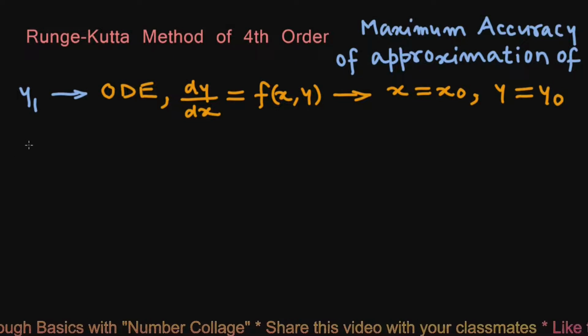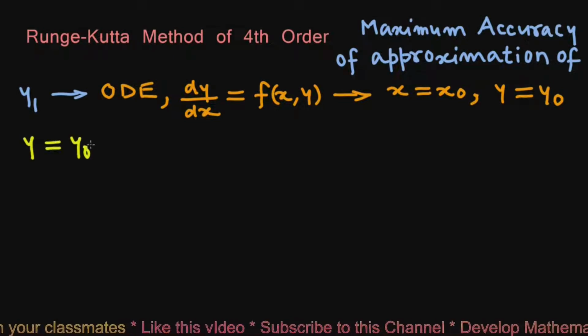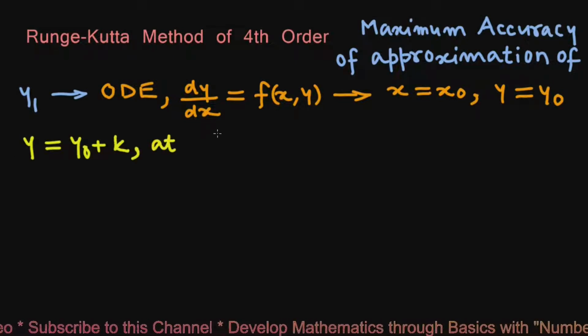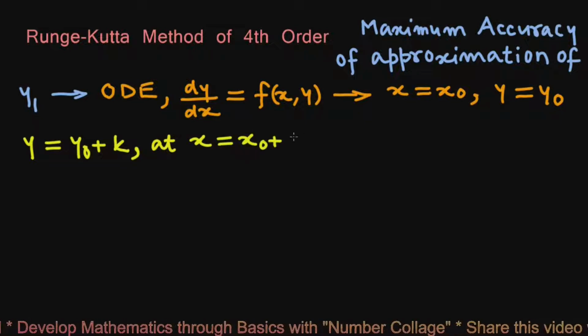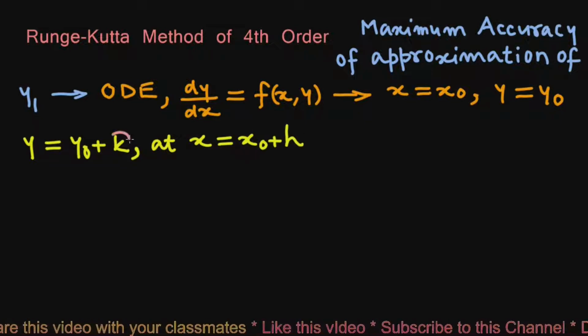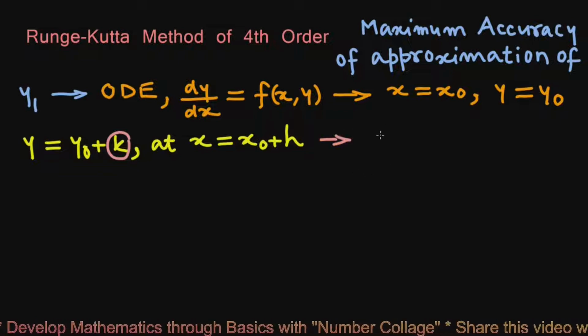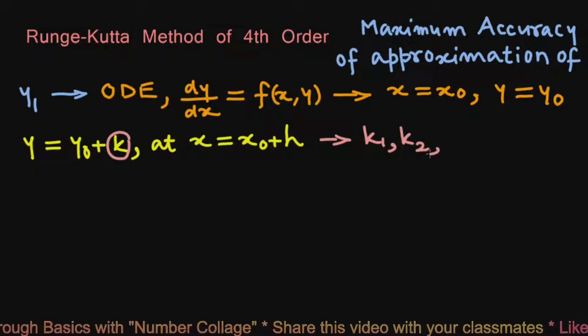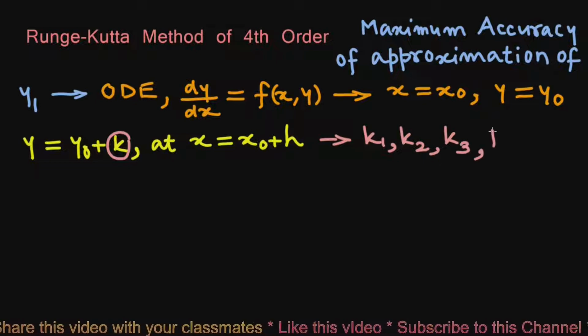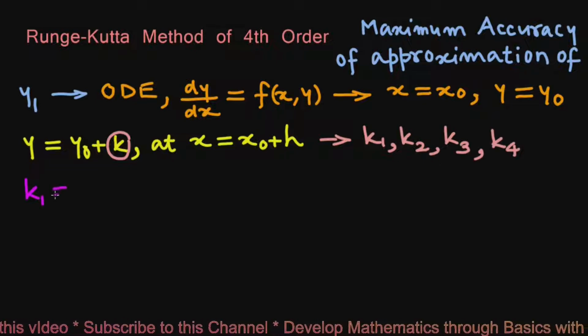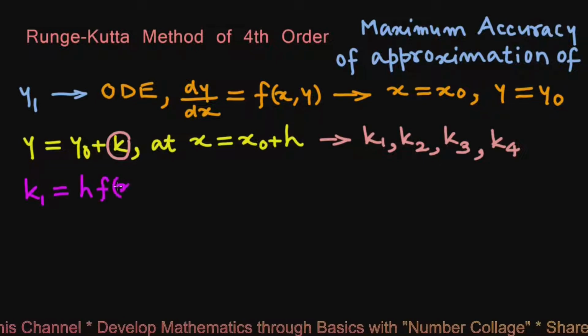To find the value of y equals y0 plus k at x equals x0 plus h, where this k is obtained by 4 values of k, k1, k2, k3 and k4, where k1 is h times f of x0